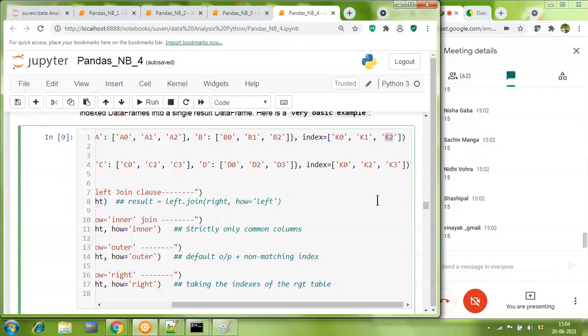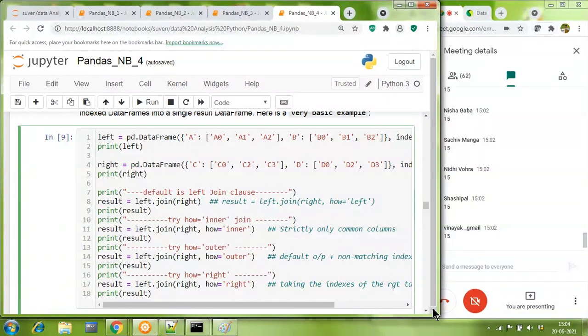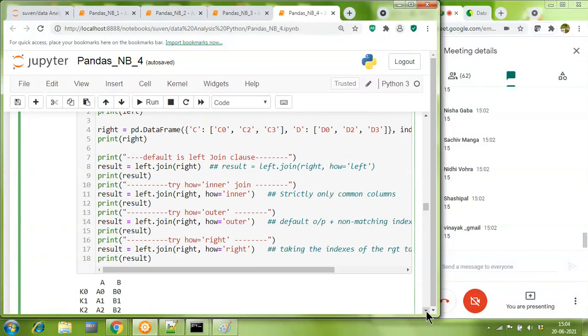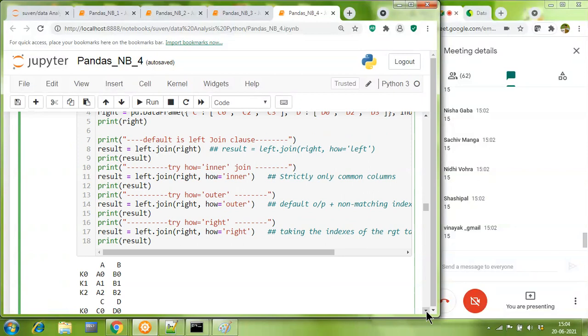That means if I ever were to join left and right, the normal join or the inner join should give me the commonalities between them. So K0, K2. Now let us look carefully how the join is happening. In pandas, the default is a left join clause.